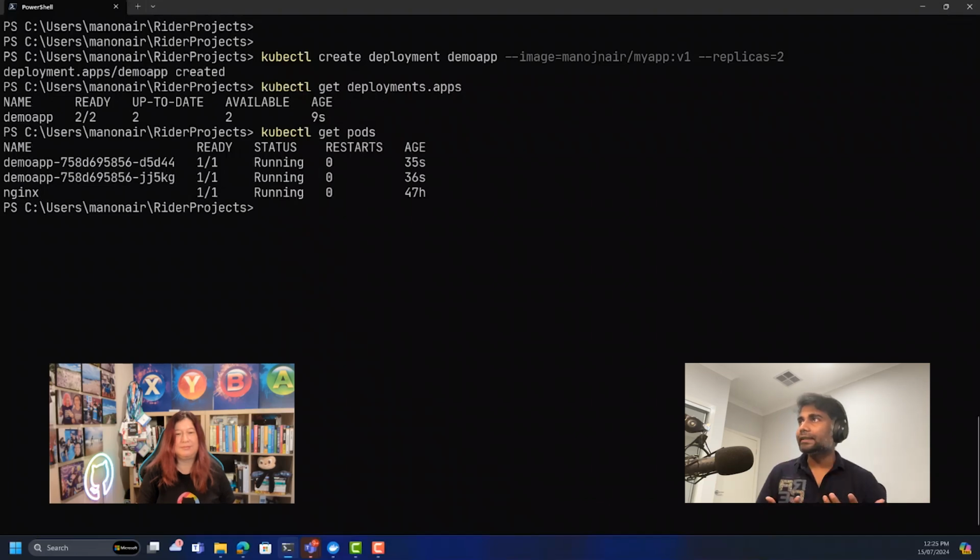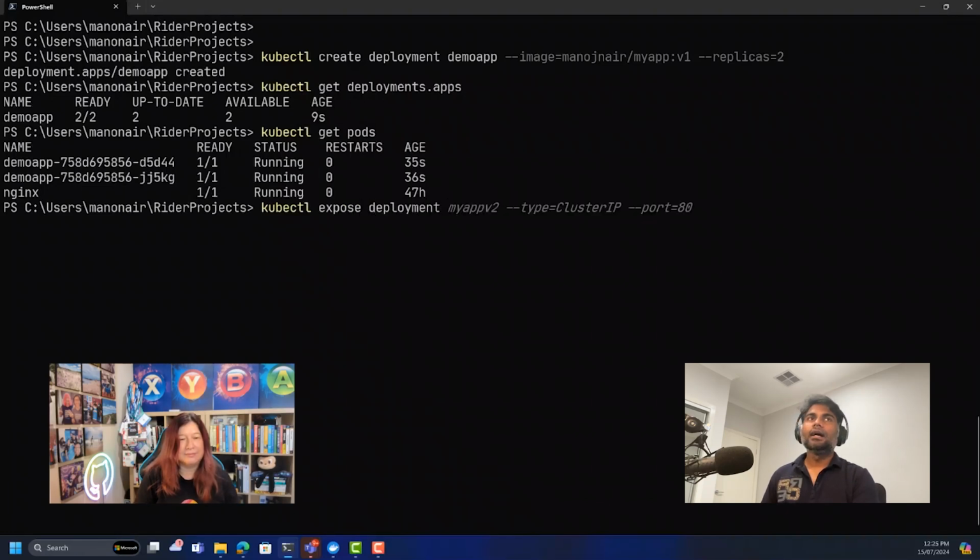The way you create a service is by using the command kubectl expose deployment. I'll call this demo app, and the type. Now, there are multiple types of services. For this particular demo, I'm going to use load balancer. It uses the Azure load balancer service, and it'll create a public IP so that I can connect to it. I'll also talk about another type called cluster IP, which is what I would recommend to use, but we'll come back to that in just a moment. So I'll connect to this as a load balancer, and my application is exposed on port 80. It's a web application, so I'll connect to port 80. All right. Now,